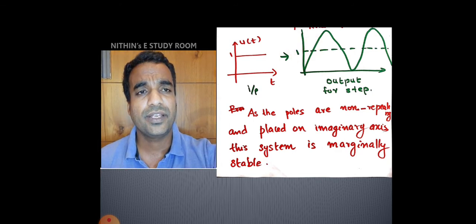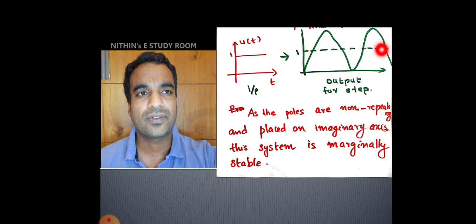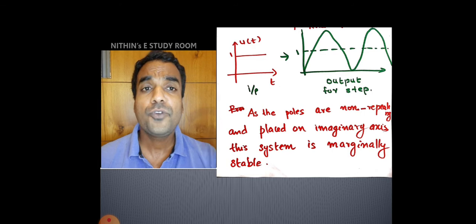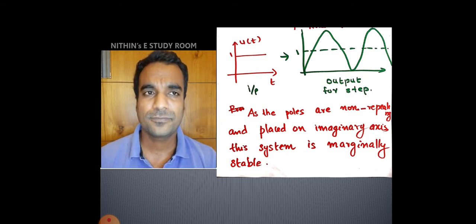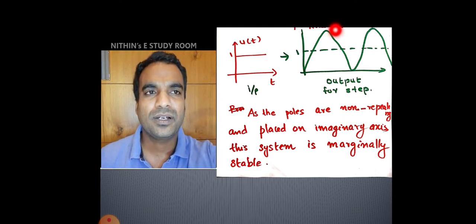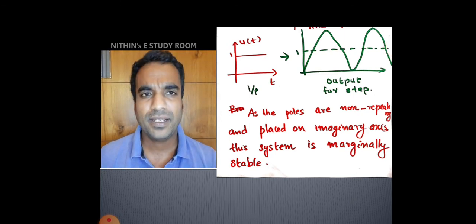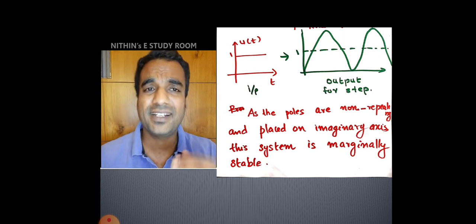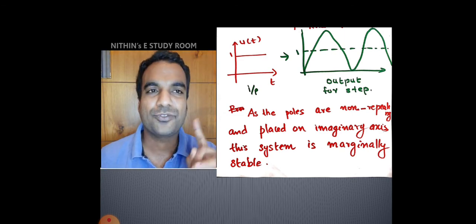Because as we are giving a unit step input, we expect that the output should also be unity whenever the system is stable. But the system is not stable, it is marginally stable. So it is oscillating around the value, but it will never touch the value. If you are providing some eta other than 0, definitely it will come to the desired value. It will come to this line of 1 at some point. It will take some time, anyhow it will come to that final value. But if you are not giving any eta or any damping, it will never touch your final value.